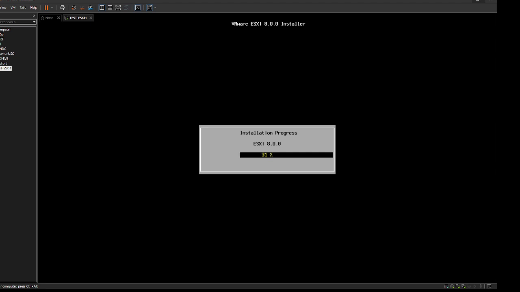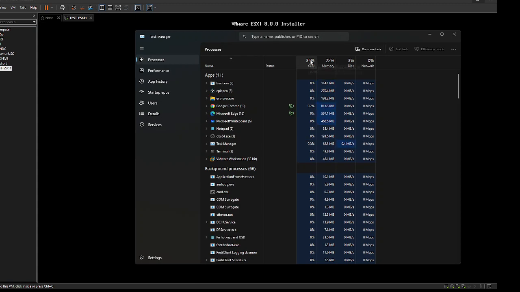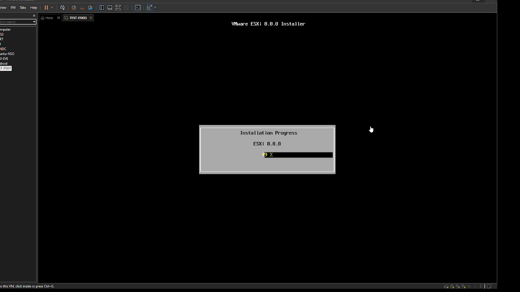Now also, whenever you are inside this machine, you see that I don't have the mouse coming out. So in order to get your mouse back, you click on Control and Alt, you will get your mouse back. And if I go to my task manager, now you should see that it is using 35%, almost 40% of my CPU and RAM. So I'm not worried about the disk because I have a lot of storage over there. I'm only worried about the CPU and the RAM because I have allocated 16 GB and 8 CPUs.